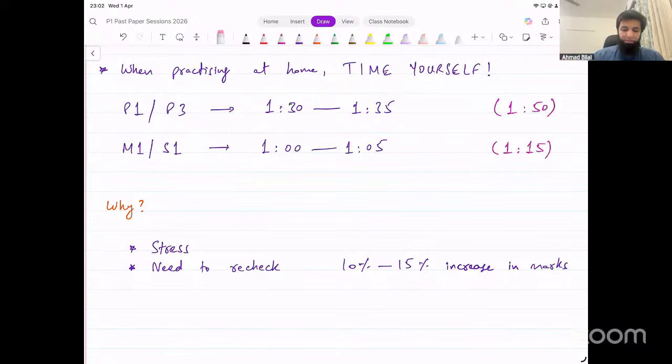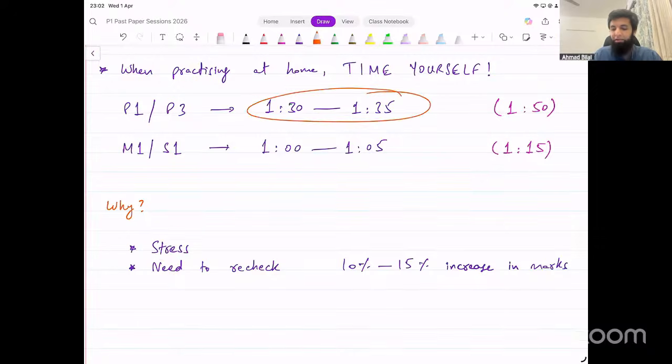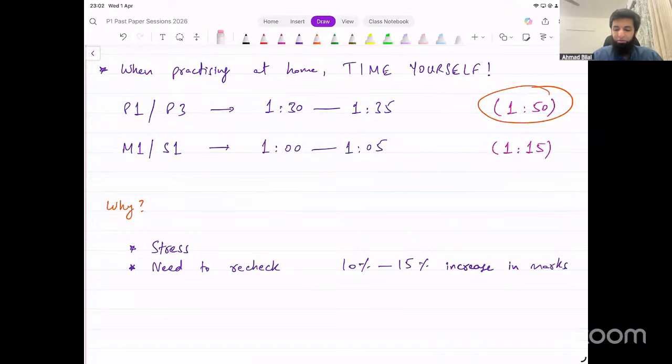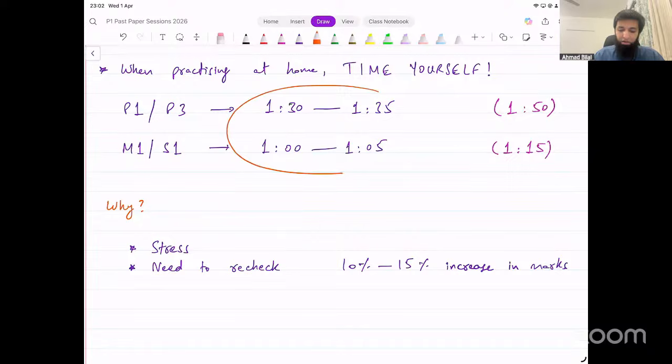Okay? The problem is in the exam, you would have stress. Some people will end up panicking as well, unfortunately. When you have practiced this, even if you end up getting a bit slower in the exam because of stress or you get stuck at a question, this practice of completing the paper 10-15 minutes earlier is going to save you then. If you have practiced 1 hour 50 minutes at home with that time limit, in the exam, that's not going to work when you have stress and when you need to recheck your paper at the end as well. So when you're practicing, please make sure that you are following